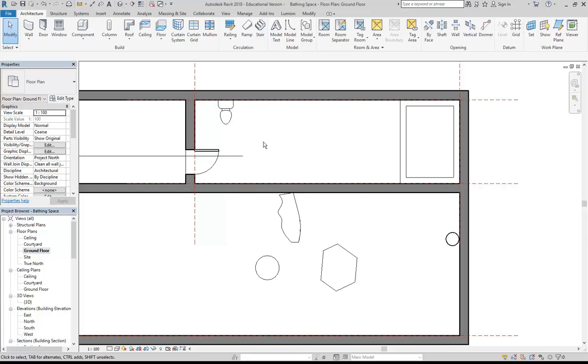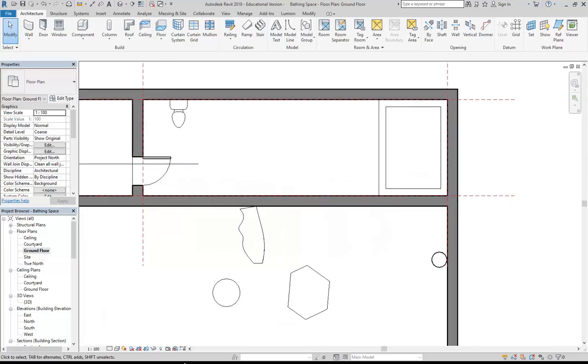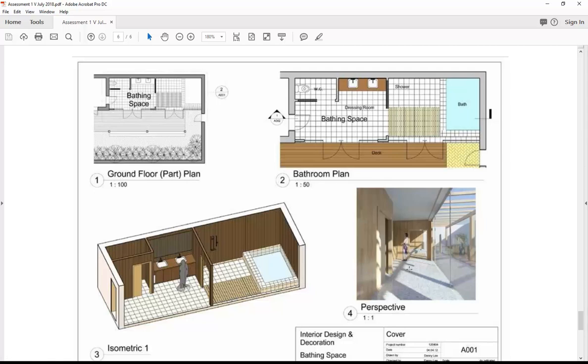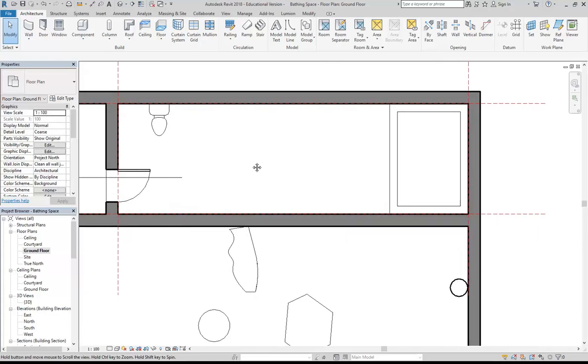Okay, so now that I've got a basic setup for the things I want to make in my space, or at least a very basic setup, I want to start putting in some openings to connect this space to the courtyard, and then we can start developing the design a bit further. So for that, I'm just going to use some of the families from the library, and on the architecture tab, I'm going to go to the door tool,